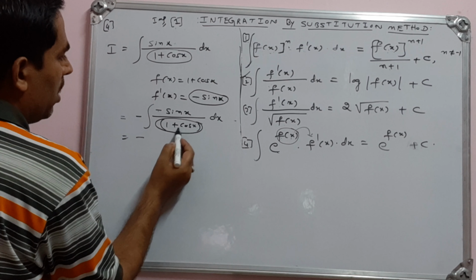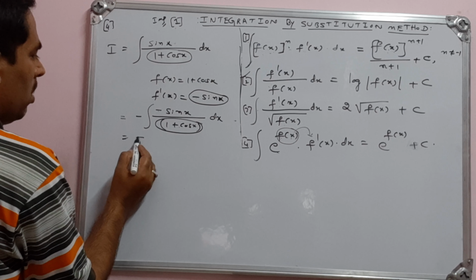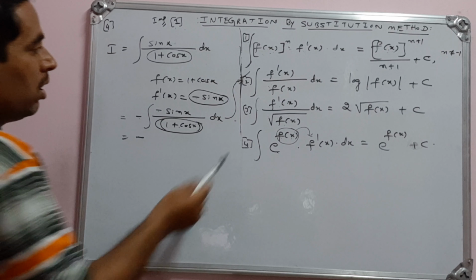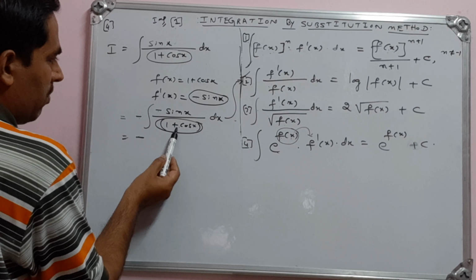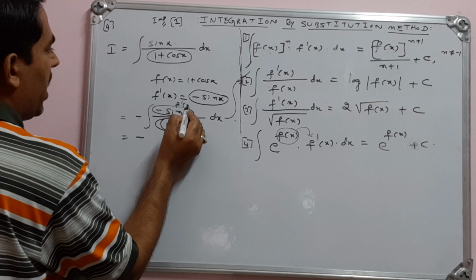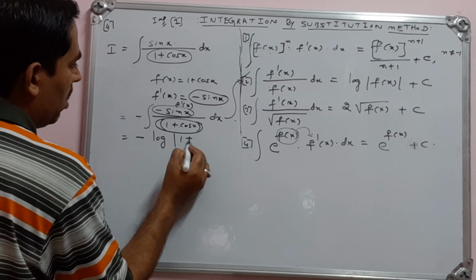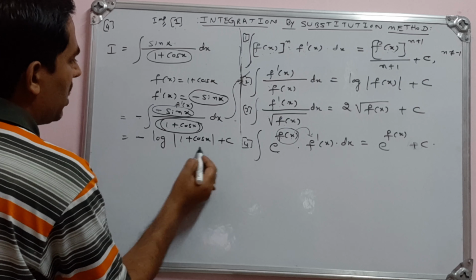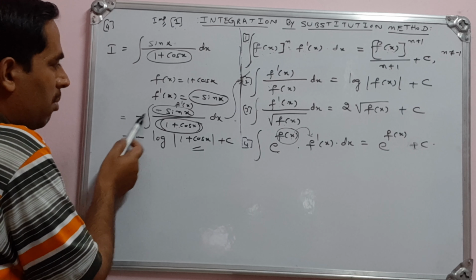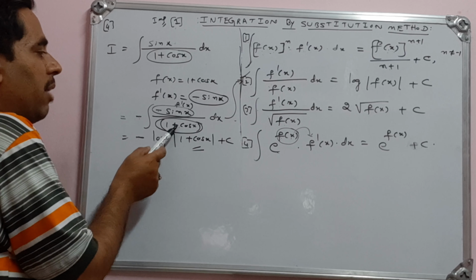Now this is the function 1 plus cos x. If I differentiate 1 plus cos x, I get minus sin x. Now I write minus sin x as it is. This is of the second standard form, f dash x divided by f of x. This is the function and this is f dash x. Then what do I write as the answer? Log of the denominator. What is the denominator? 1 plus cos x. So the answer is minus log of 1 plus cos x plus c. The minus sign is here because I multiplied the numerator and denominator by minus 1, because I wanted the minus sign, since the derivative of 1 plus cos x is minus sin x.